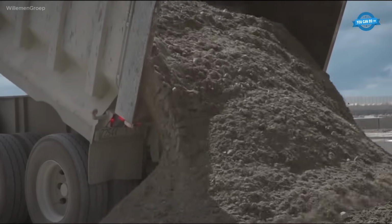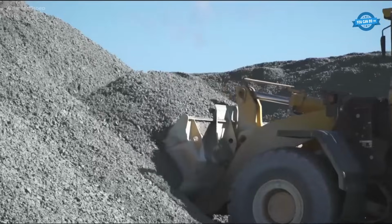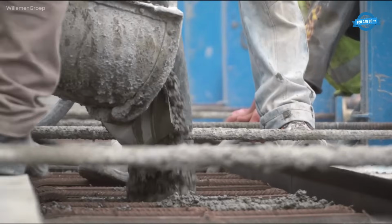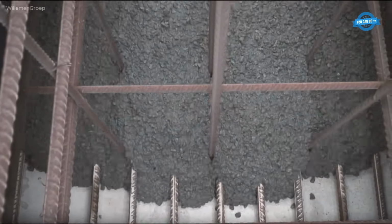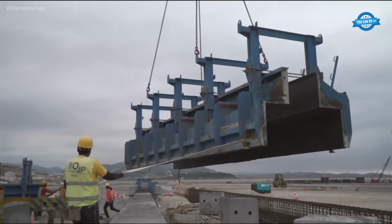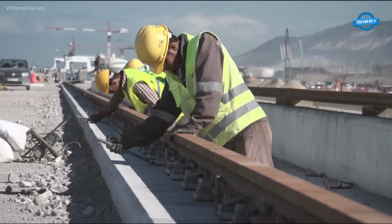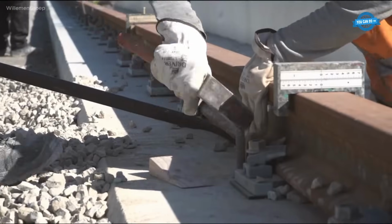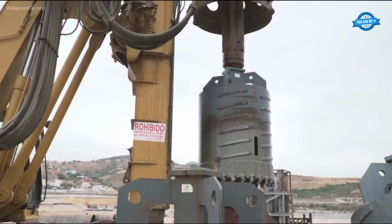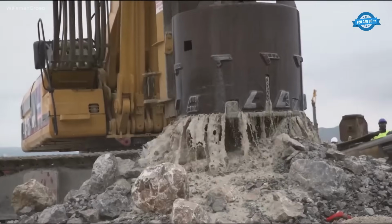The construction of APM Terminal's Medport Tangier by Williman Group involved complex, high-precision civil and infrastructure works across a 60-hectare site. Key components included the installation of 12 ship-to-shore STS cranes, automated rail-mounted gantries, ARMGs, and shuttle carriers. Foundation works incorporated over 414 reinforced concrete piles, 1,350 millimeters, L equals 26 meters, supporting load-bearing beams for STS rail